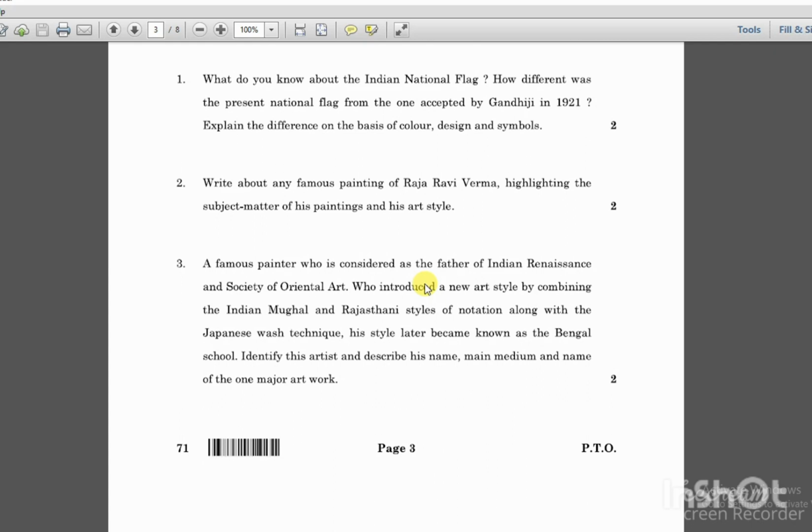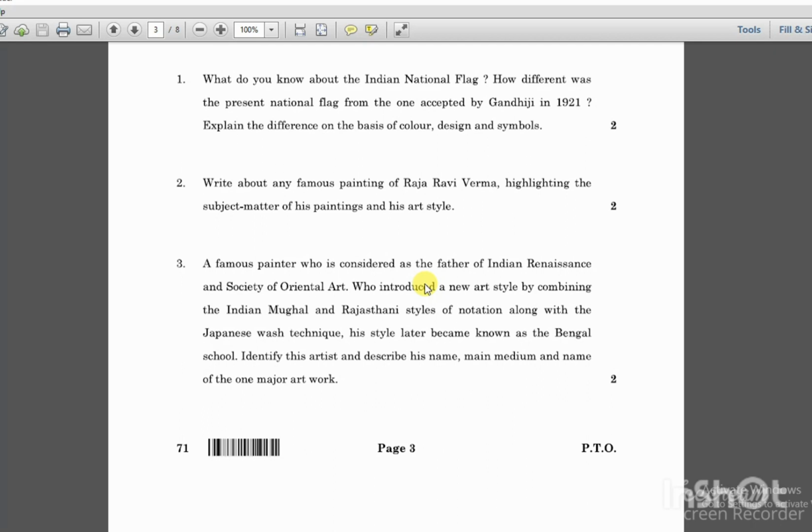So the Indian national flag was made to have a separate identity of India in the national freedom movement. The transition of this national flag happened in 3 stages. The first one was in 1906, the second one came up in 1921. This flag which came up in 1921 was accepted by Gandhiji, and the third flag came in 1947 when India got independence. The flag which was brought in 1947 is still used till now. So what is the national flag? It's a national identity. So how different was the present